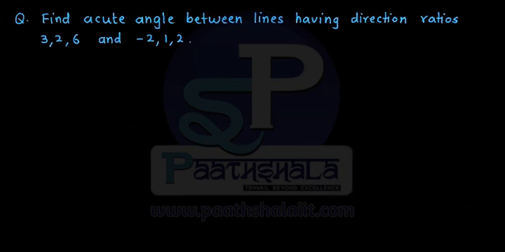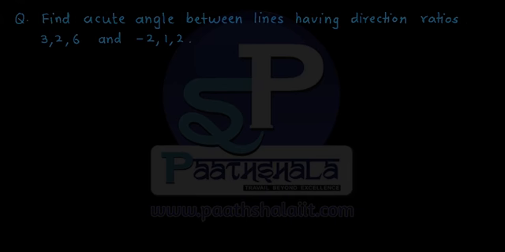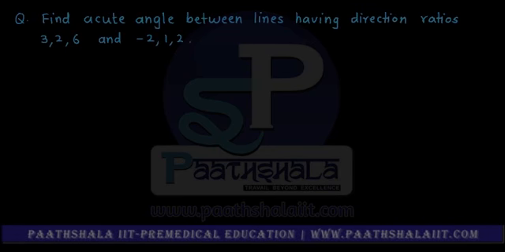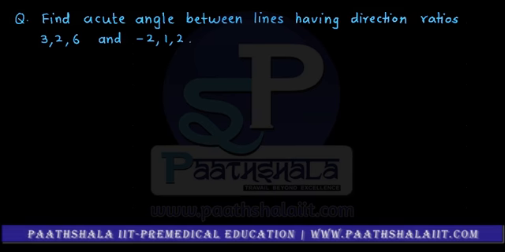Now let us solve a few examples based on the formula for the angle between two lines. Find the acute angle between the lines having direction ratios 3, 2, 6 and -2, 1, 2. Okay, so here, since we are given direction ratios, that means they are in symbols A1, B1, C1 and A2,